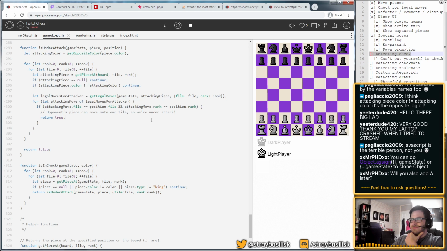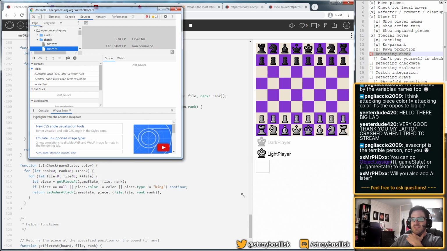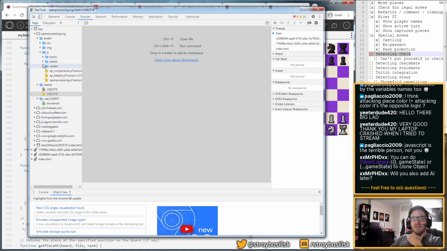I actually haven't tried the debugger with this. I wonder how that's going to work, because probably every time I run it's going to regenerate. Where even is this stuff?